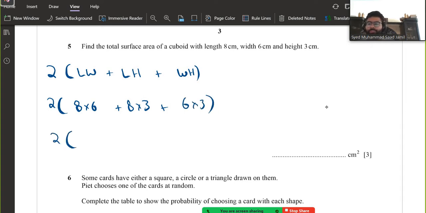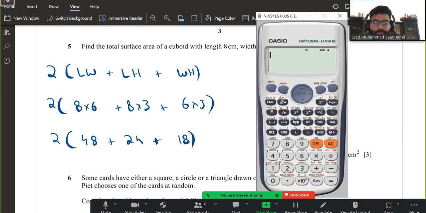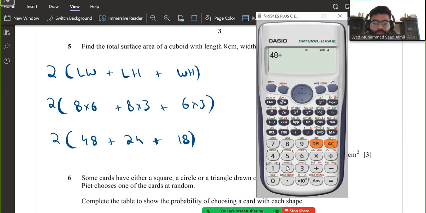So this becomes 8 6s are 48 plus 8 3s are 24 plus 6 3s are 18. Let's add all the numbers up. So we get 48 plus 24 plus 18, which is 90, and then you multiply 90 by 2, which is